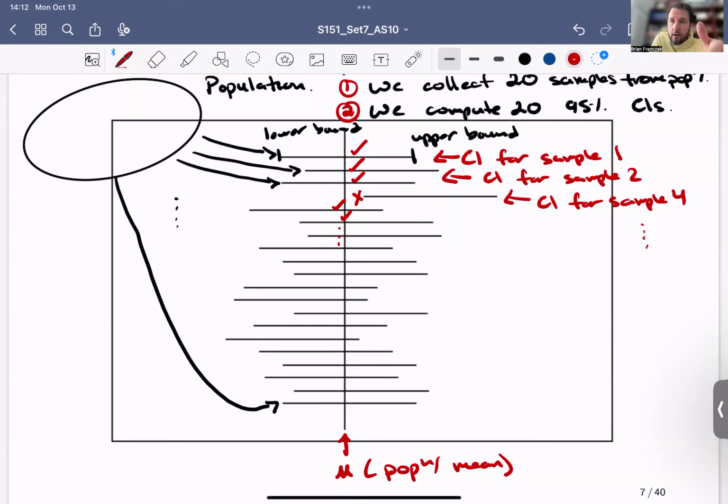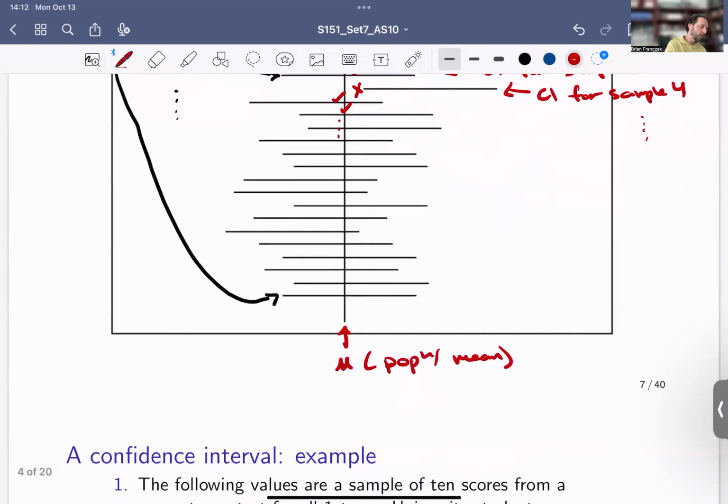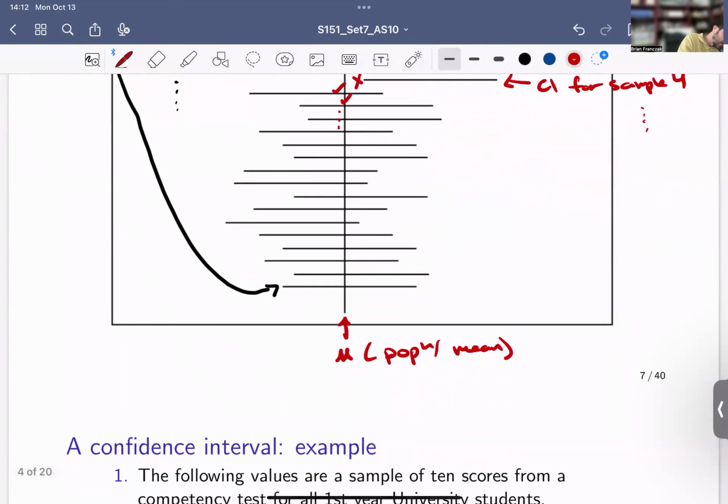Okay, so for example, here in this illustration, we have 20 intervals. 19 of the 20 capture the mean. That is, they cross the population mean. One of the 20 does not. So that is 95% of the intervals cover the mean, 5% do not. So when we interpret the individual interval, it's in the context of this idea, but across infinite numbers of samples. Okay, so we could say something like,